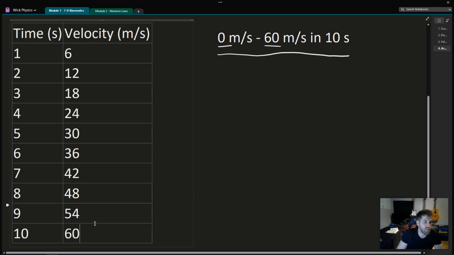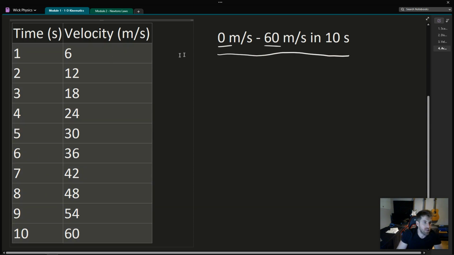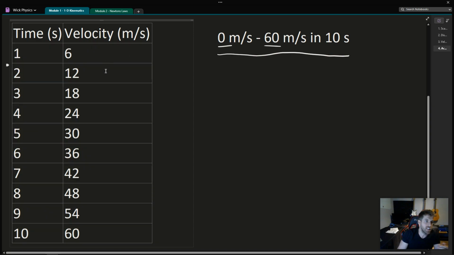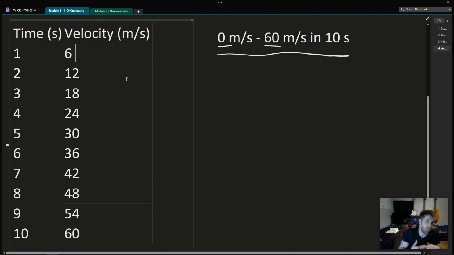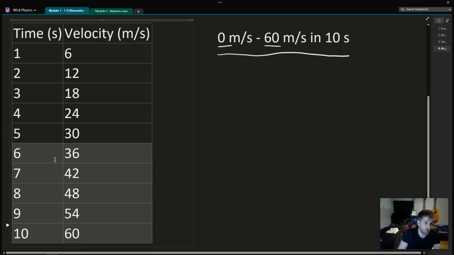So this is a way to visualize what is happening. Okay? So each second that goes by, the velocity is increasing by 6 meters per second. Okay? So it's getting faster and faster. The same would work if we were putting on the brakes. You can look at this going backwards. If we're putting on the brakes and we're going backwards in time,